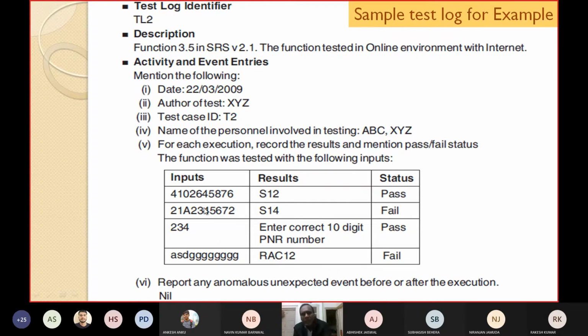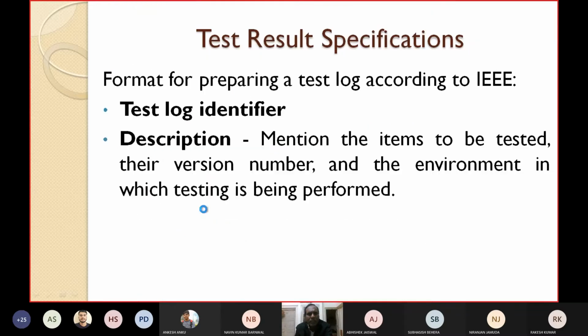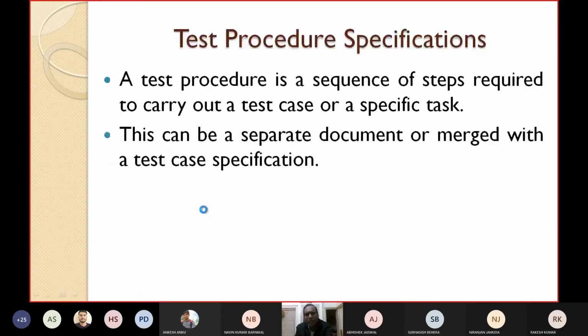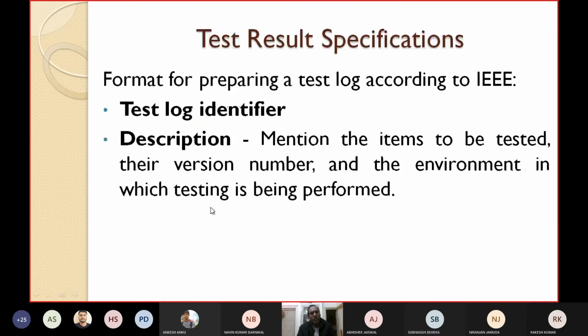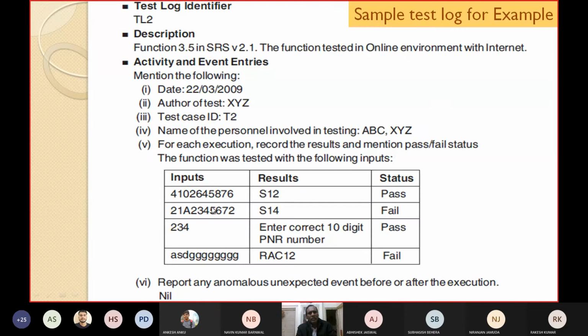So here we have taken, say, 4 inputs. In our previous example, you can see I have taken 4 PNR numbers. So let's take them one by one. Write down the inputs. Suppose this is the correct one. The first input result is the coach number and the berth number, and the test case has passed. Similarly, for another input, suppose the result shows S14, but according to this it is failed